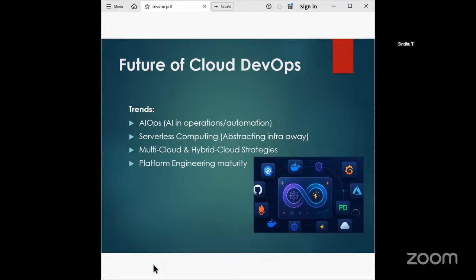So here is serverless computing. Which one is the serverless computing example? AWS Lambda and Azure Functions are another trend. Okay, so abstracting the infrastructure entirely, developers only worry about the code. They don't need to worry about servers, where to put that, where to use the server. They don't worry about that. So multi-cloud and hybrid cloud strategies are becoming more common for flexibility, and this field is always evolving.